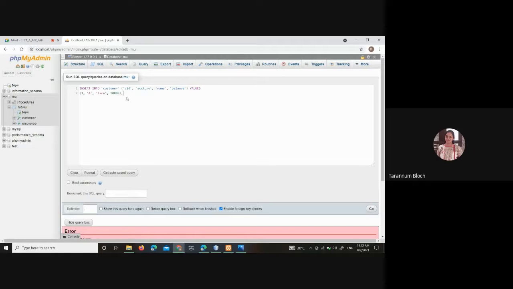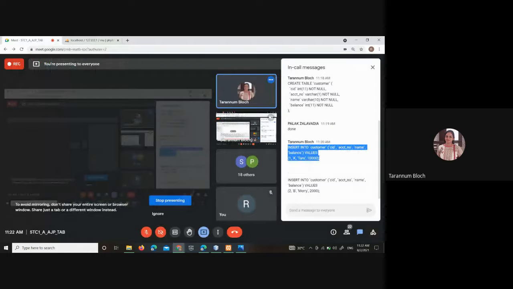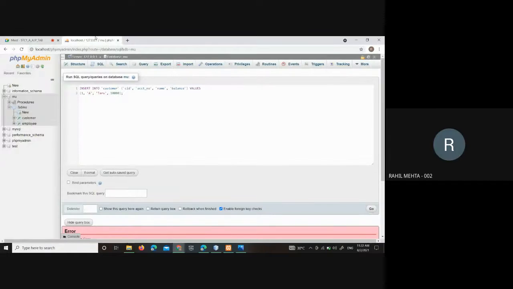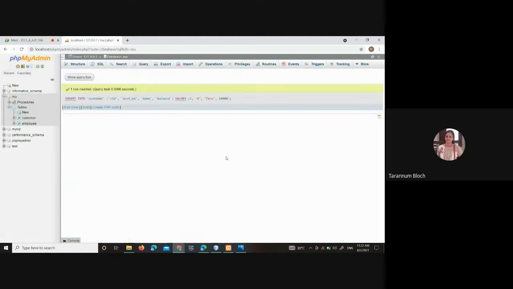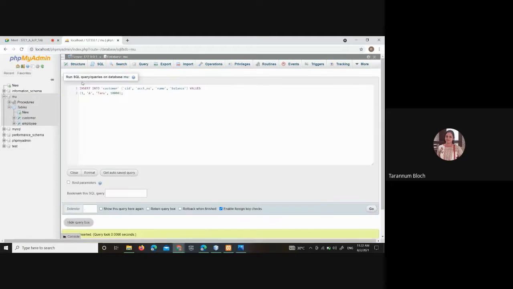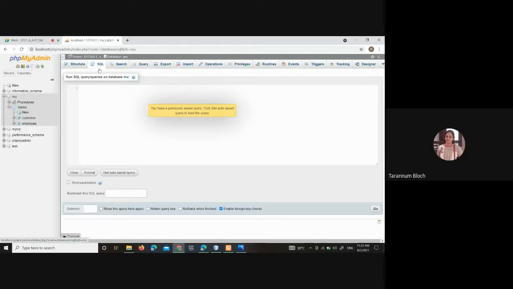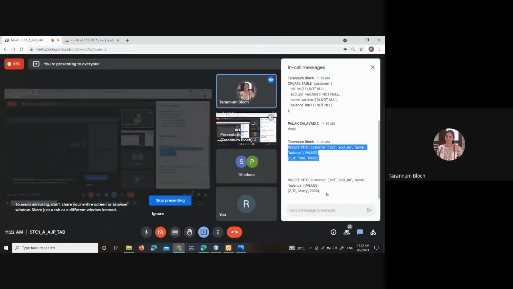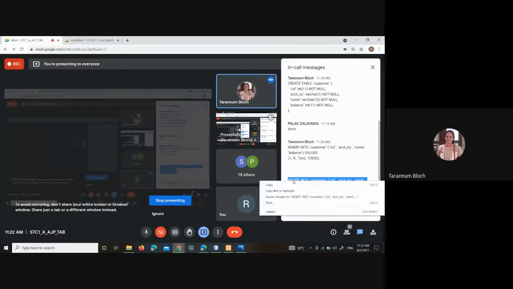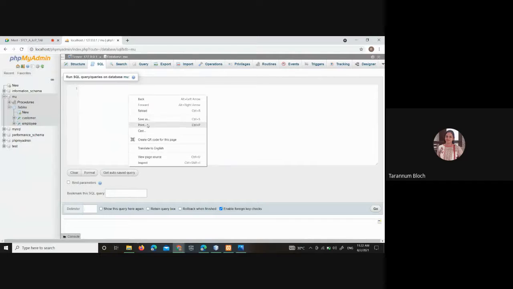Click on Go. I should change the names or what, ma'am? Nothing, just click on Go. Okay. Then insert the second query. Go to SQL. Yeah, you can take it from chat and insert the second record. Only the second query. First you have already added. Second query.